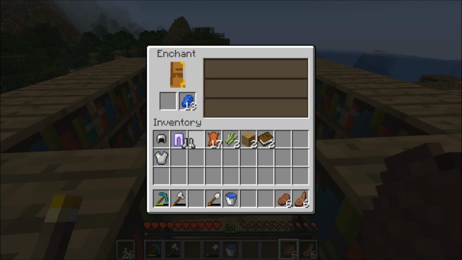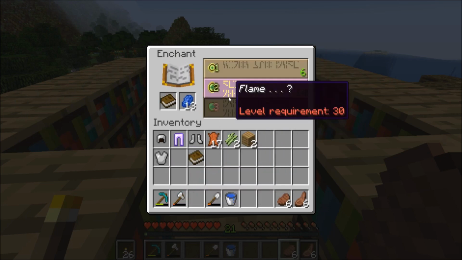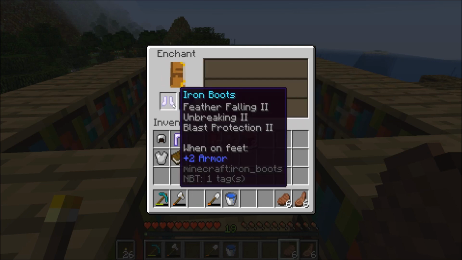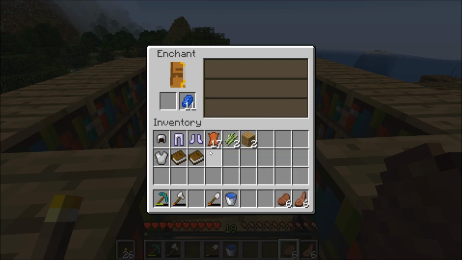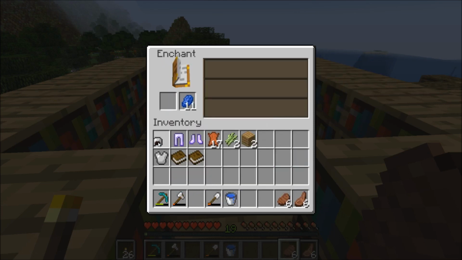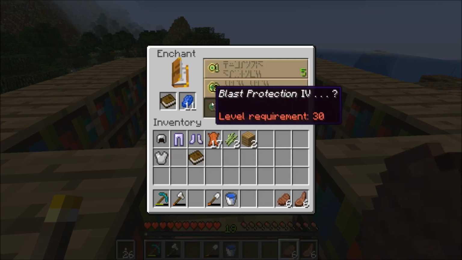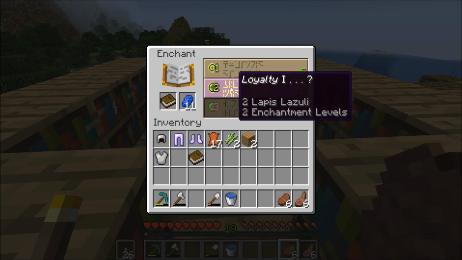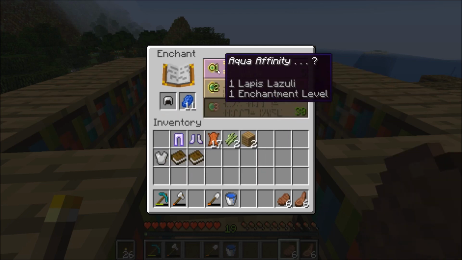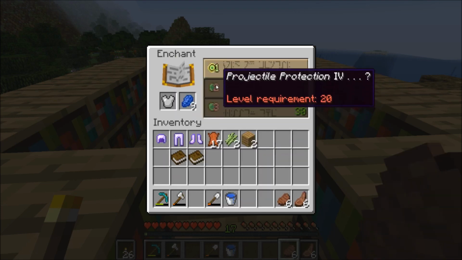Feather Falling 2, I think I'm going to go for that. Unbreaking 2 and Thorns 1. So yeah, I'm going to go for the Feather Falling. Nice, we get Unbreaking and Blast Protection. Projectile Protection, Aqua Affinity. Fire Protection and Projectile, they're only level 1. Loyalty 1, I think that's for the Tridents, and Feather Falling 1. Let's go for Projectile Protection 3. Nice, and...